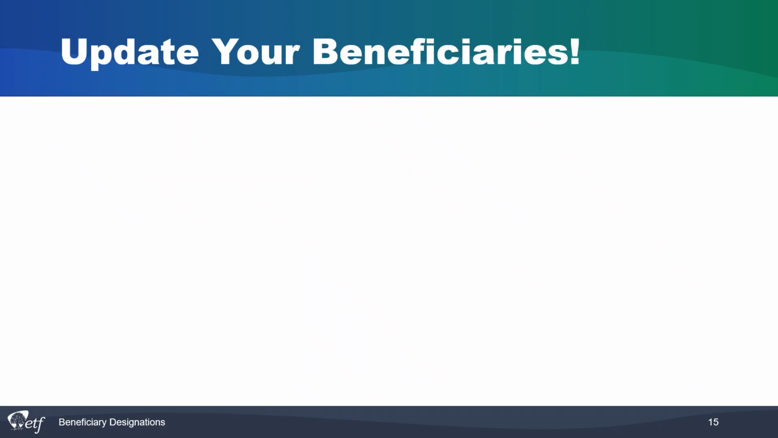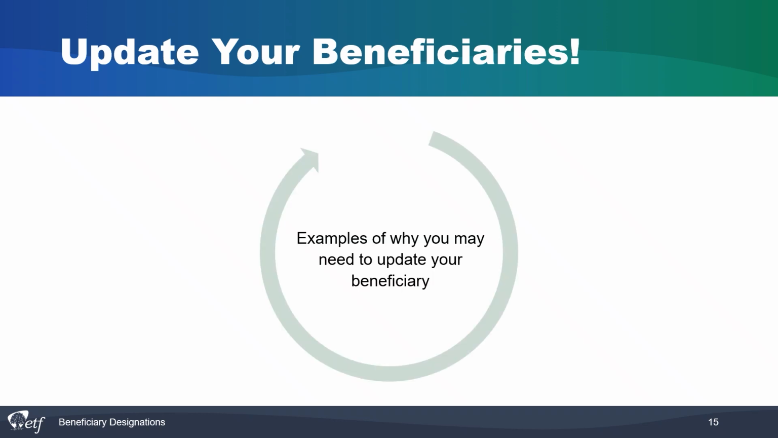Your beneficiary information does not automatically change when a life event occurs. You will need to fill out a new form and send it in to ETF each time a change must be made. Some examples of life events that may make you want to update your beneficiaries are: marriage, you may